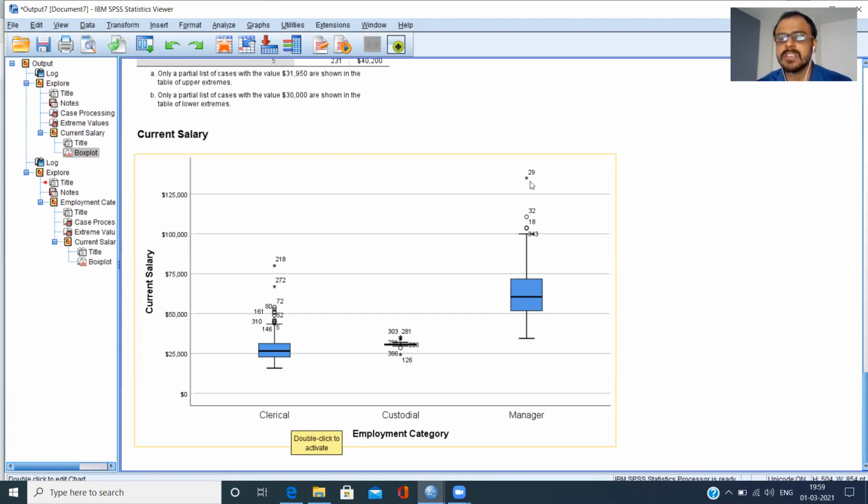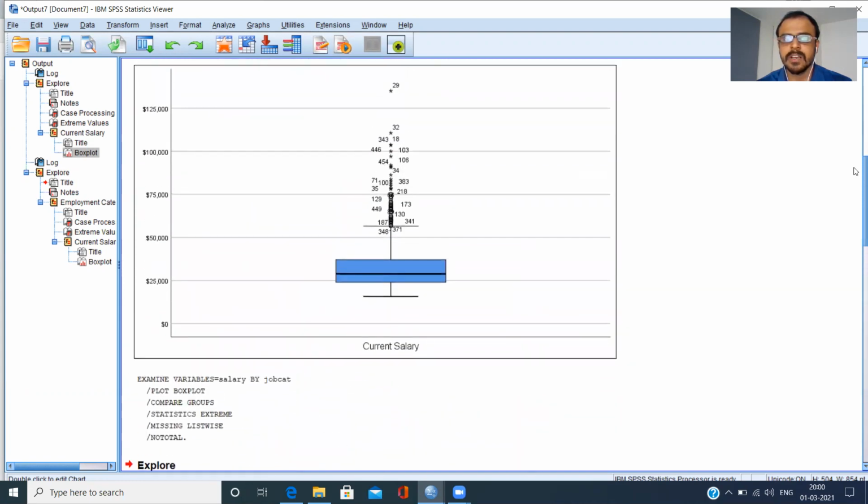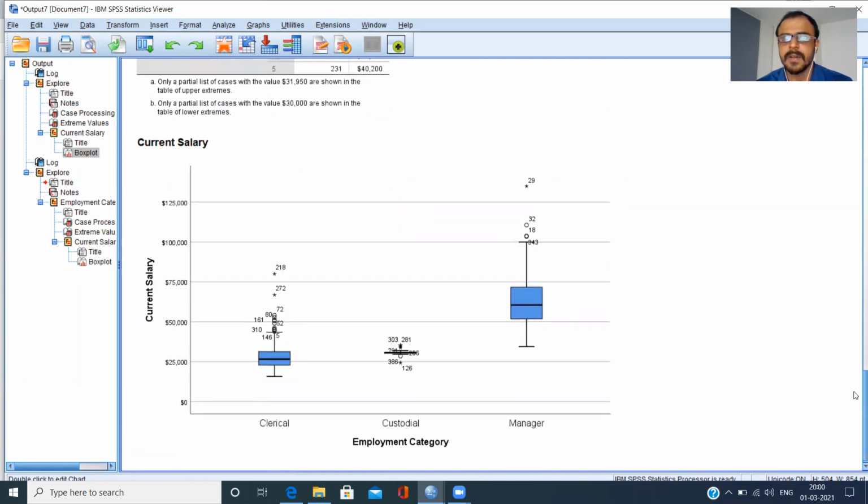For managers, you can see there's a star mark corresponding to 29, which we saw in the earlier box plot as well. If you recall the earlier box plot, the 29th case was an outlier. The same thing is represented even here. Cases 29, 32, 18, and 353 are all considered outliers. So this is how you can identify outliers and extreme values.